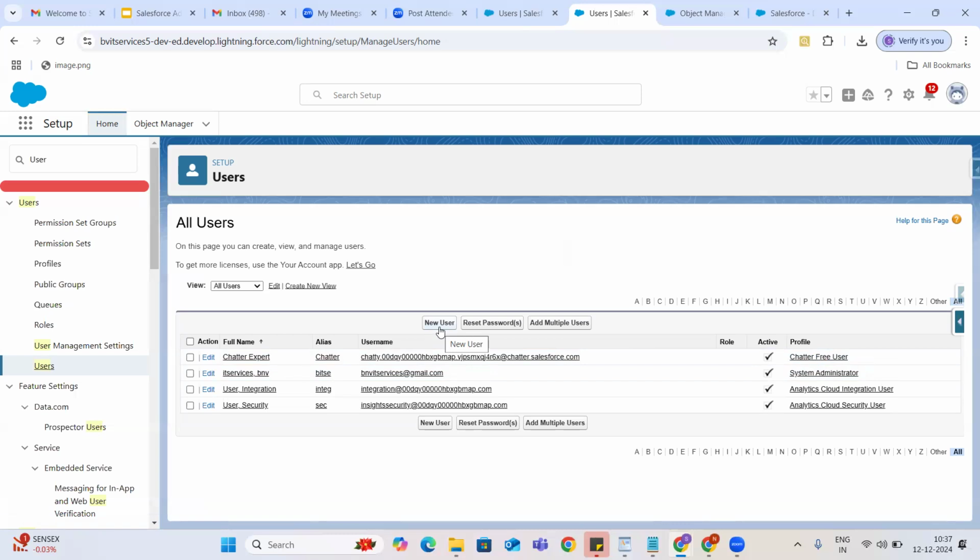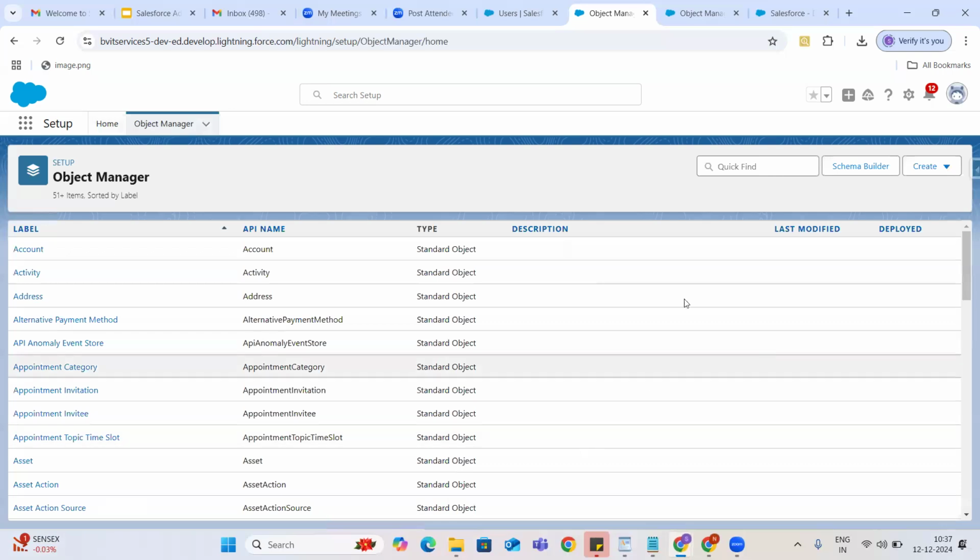I'll tell you two places. One is Object Manager. Here, what is the difference that you are seeing when you log in as the Salesforce user? And another thing is, you need to write down when you log in as the Salesforce license user, how you are seeing and what are the buttons that you are seeing here. And when you log in as the Salesforce Platform license user, how this UI is working for you. Object Manager is the one.